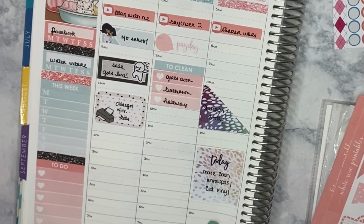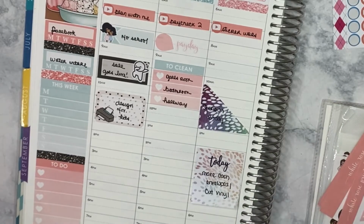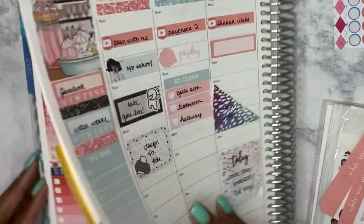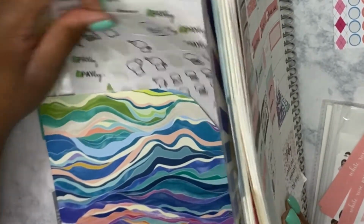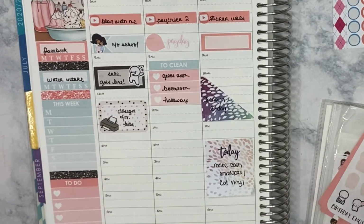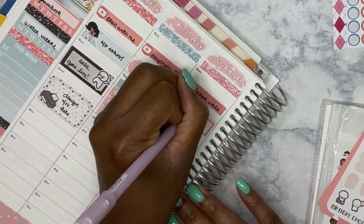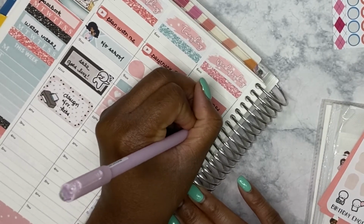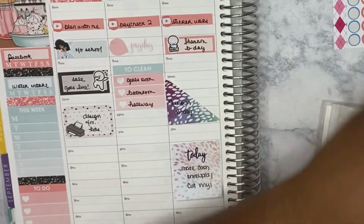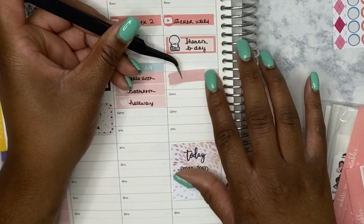Okay, so Wednesday, I have my cousin's birthday, which I'm going to mark right here. And then I actually have some little Coffee Monsters and Co. things here. I'm gonna wish her a happy birthday. Okay, so we have Shannon's birthday. And then I finally want to go ahead and